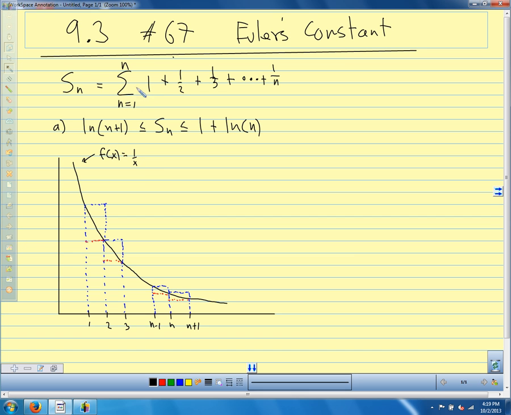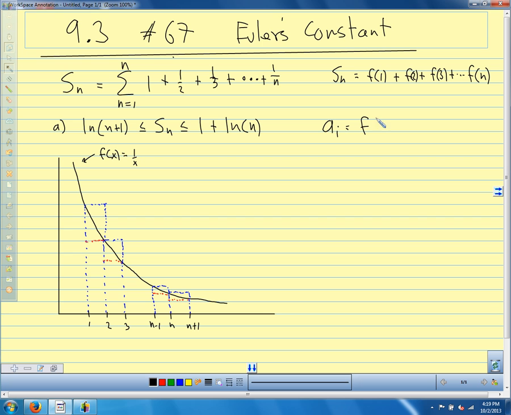This tells us that S of n is just f of 1 plus f of 2 plus f of 3 plus dot dot dot to f of n, if we say our function is 1 over x. S of n is these things. Well, the area of the inscribed rectangles, going from 1 to n, I'm going to call that A sub I,